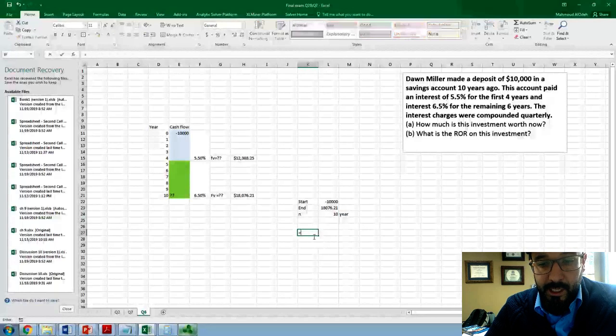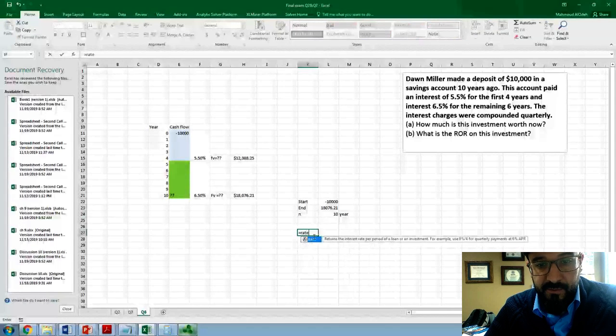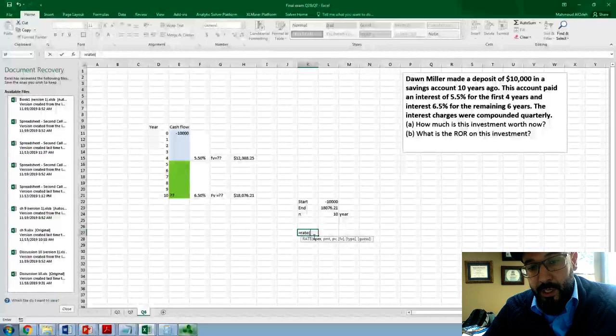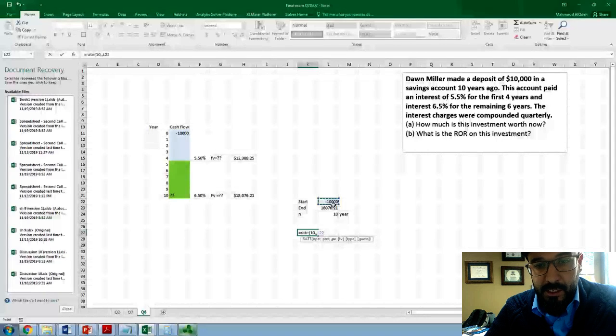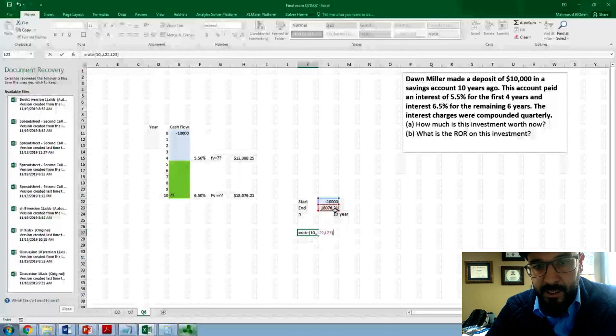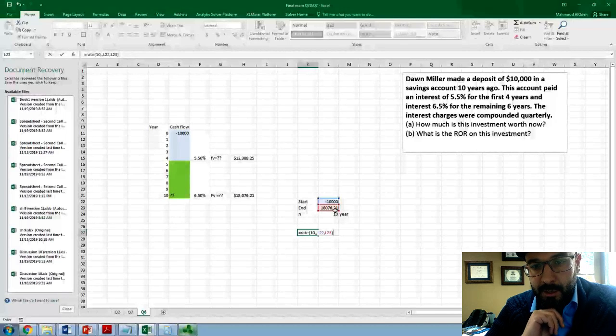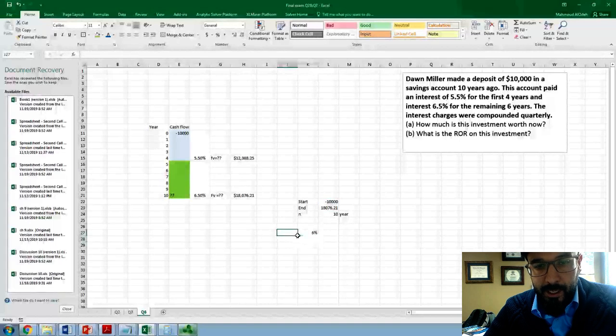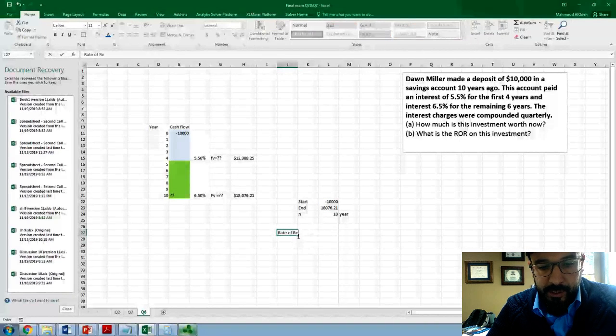The best and easiest way to calculate the rate of return would be using the RATE function, and we put the number of years. That would be 10. We don't have any payment. The present value would be negative 10,000 because you invested this, you paid out of your pocket 10,000 and deposited this into a saving account. And the future value by the end of the 10 years is how much you returned on this investment in terms of the cumulative sum of this project. That would be this positive $18,000. Close the parentheses and click OK, and this is the rate of return,